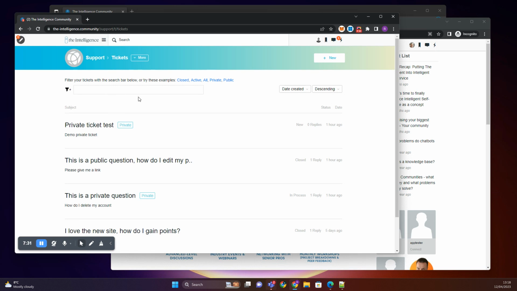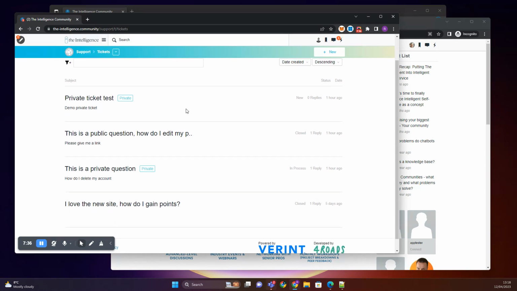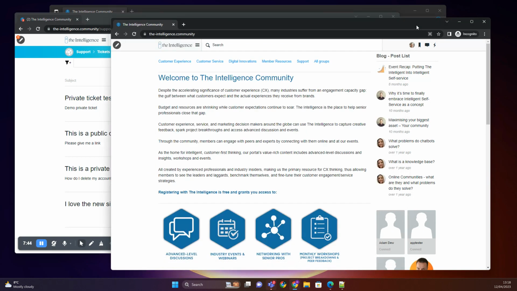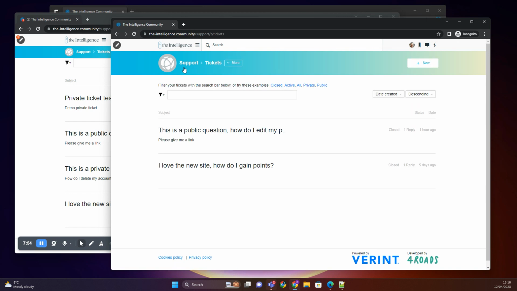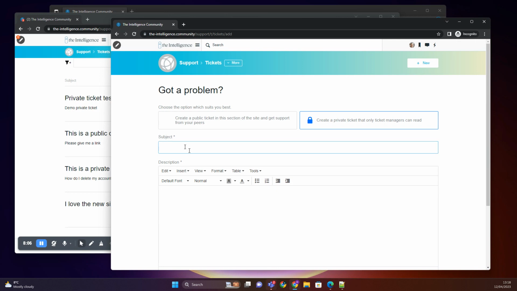So this is the ticket list view and displays all tickets. Because I'm an administrator here, you can see that I can actually see both public and private tickets for this application. On the window here, I'm logged on as a very famous person called John Allen. And John Allen is nothing special in this community. He's just a member. And as you can see, he can only see the public questions. That's because he's not a ticket administrator and he's not a system administrator for the platform. However, if John created a private ticket,